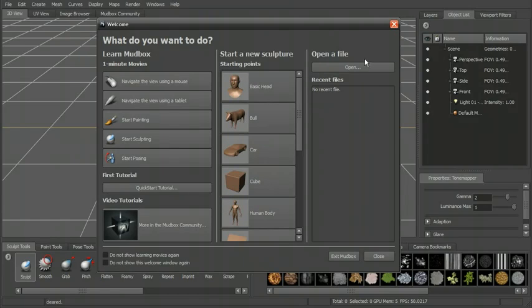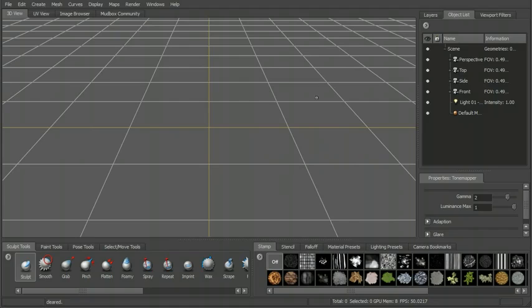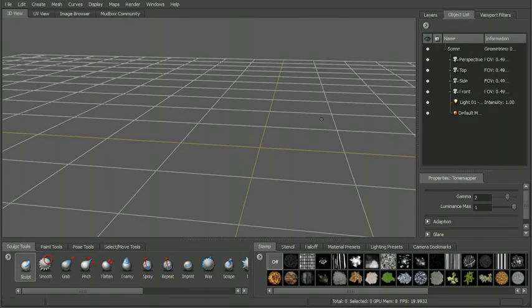We also, on the right, have the ability to open an existing file that we may have, and we'll also have our recent files listed here on the right. If we don't want to see this when we start up a new scene, all we have to do is check these buttons. Okay, let's go ahead and close this window, and let's take a look at the interface of